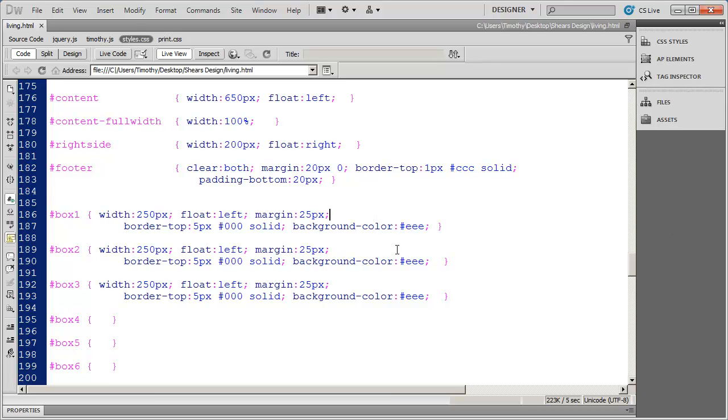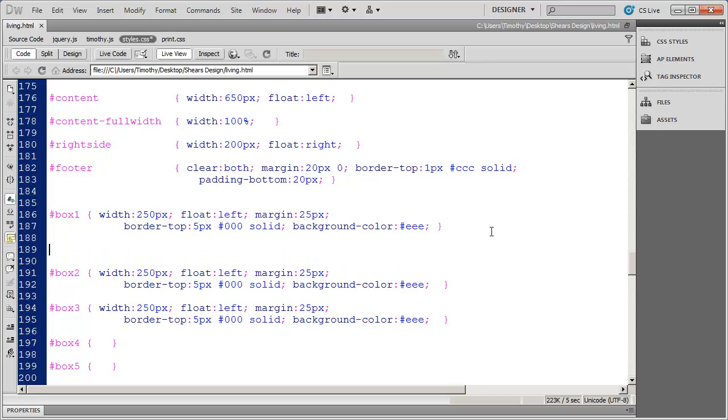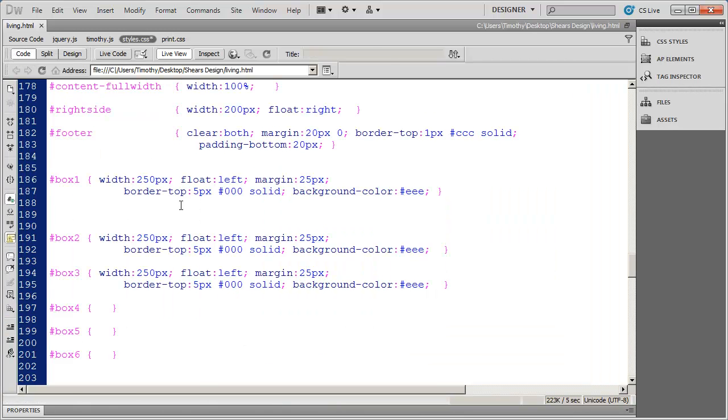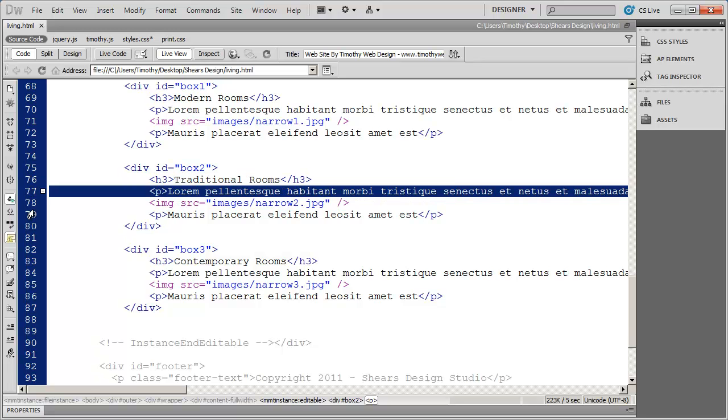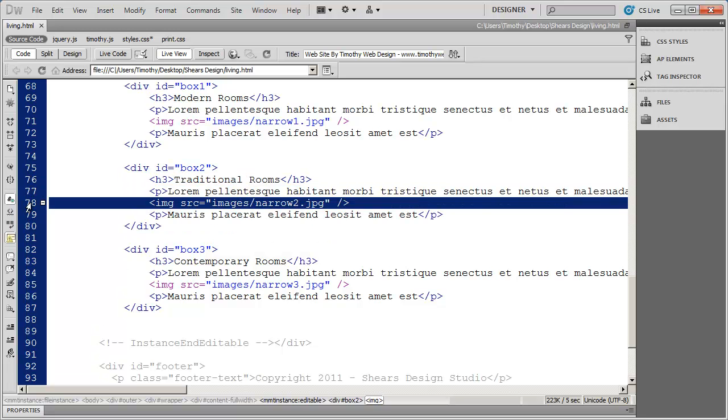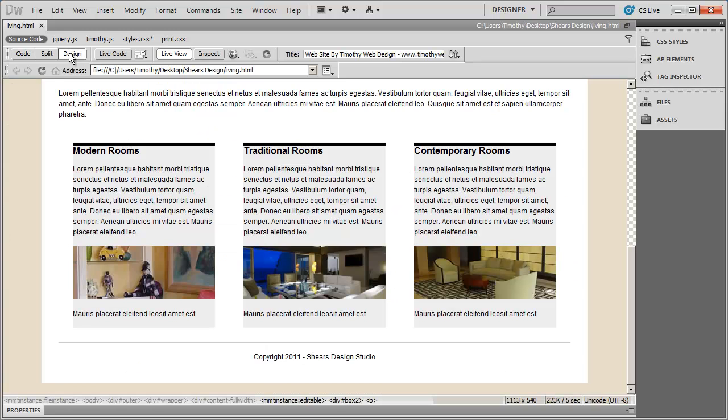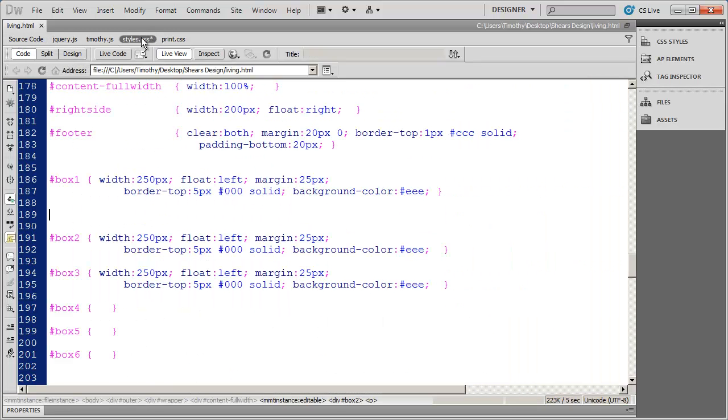What we want to do is affect the headings, the H3s, and the paragraphs that are inside of this box. Again, if I look at the source code here, I want to affect this H3, this paragraph, and this paragraph, but not the image right here. So here's what we're going to do. I'll come back in here to the code view for my CSS styles. Now, this style is going to affect